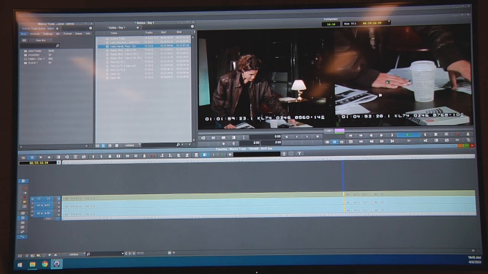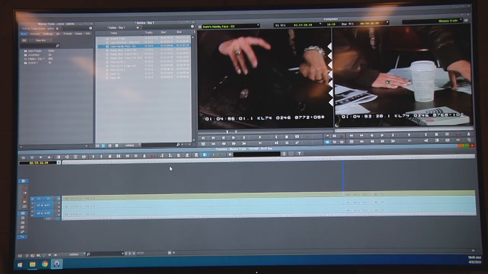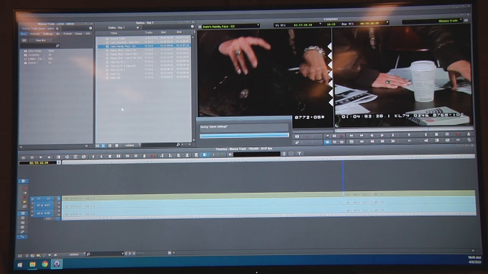Okay, once you have the edit done the way you want it and you want to get out of trim mode, just simply hit that U button again, or click on that little icon that was up here for you. Over here I've got different trim buttons on the timeline, and you probably have something similar on your timeline to take you in and out of that trim mode. Okay, so I'm going to save everything I've done,